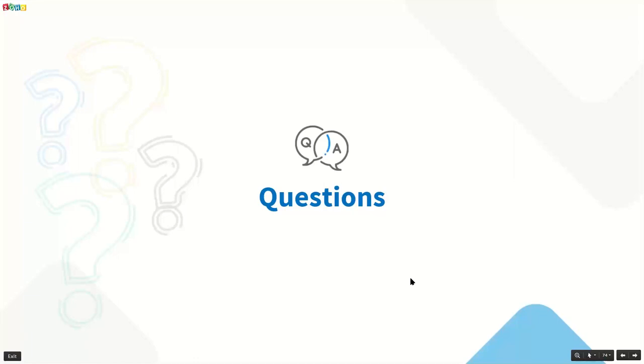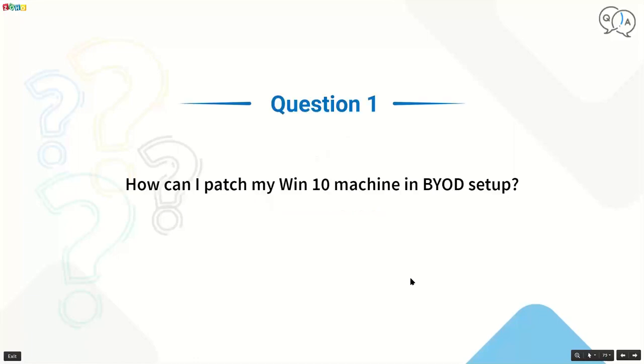Let's get into the questions that were discussed in our previous webinar sessions. How can I patch my Windows 10 machine in a BYOD setup? Bring your own device setup. With Desktop Central, you need to ensure whether the Desktop Central agent is installed or not. As that is the first step, proceed to install the Desktop Central agent and ensure that the agent is communicating back to the Desktop Central server. In case of BYOD, they are going to be in a work-from-home network. So ensure that the secure gateway server is configured with Desktop Central